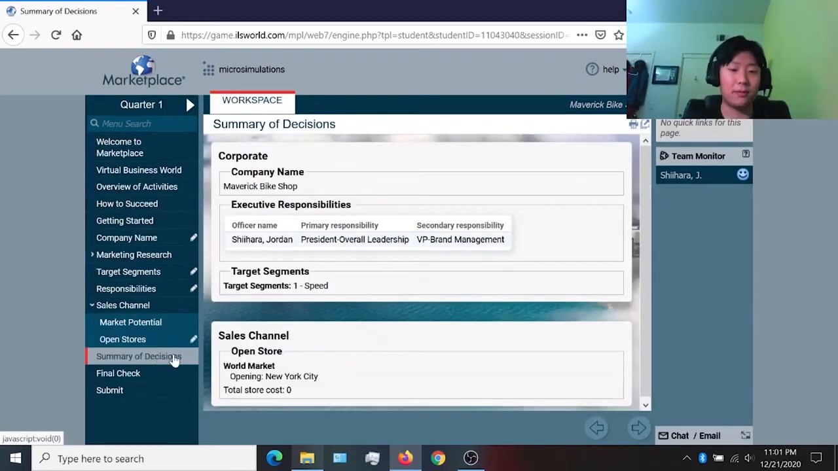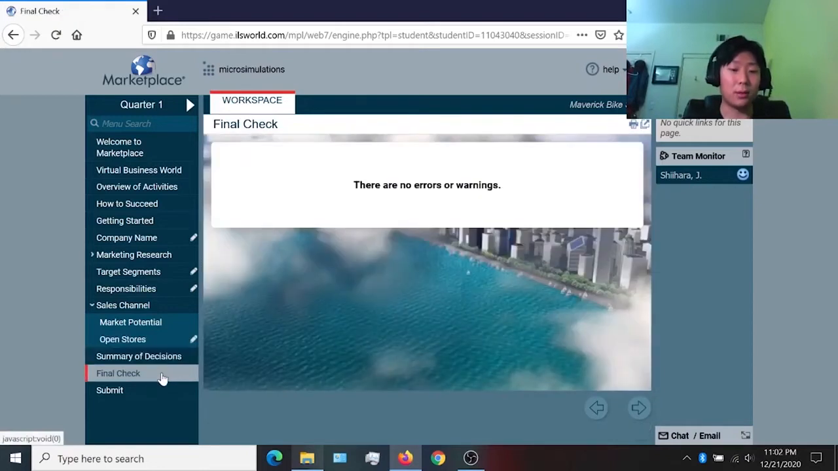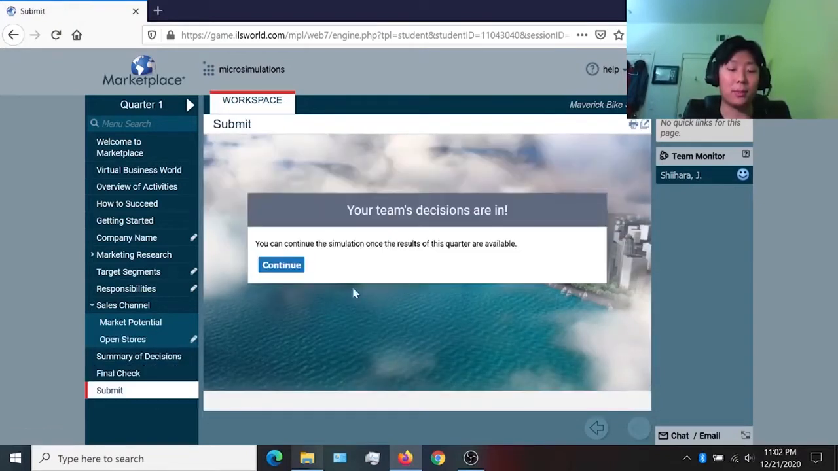We'll come down to summary of decisions. This is just an overview of all the decisions that we've made for the quarter. So you want to just go through this and make sure that all of the information there is the choices that you wanted to make. And then we can go to final check and make sure there are no errors or warnings, and then we can submit our quarter. And so somewhere over here there will be a submit button, and it'll take you to